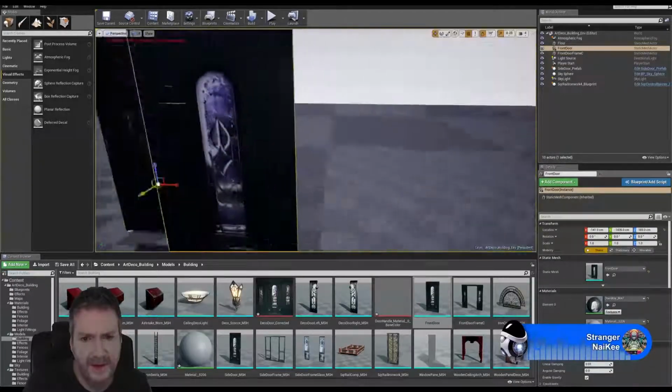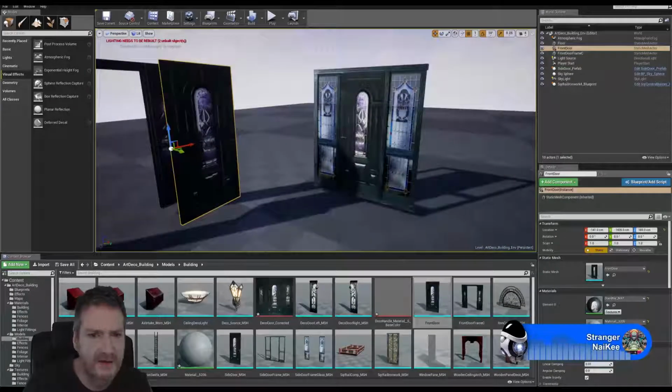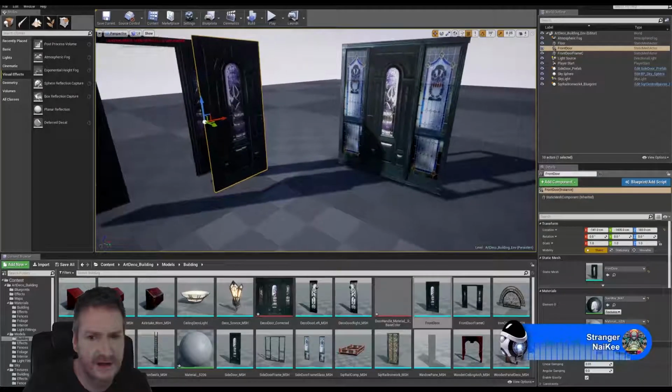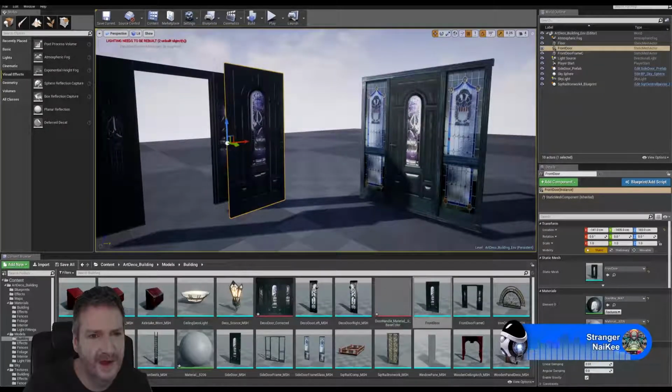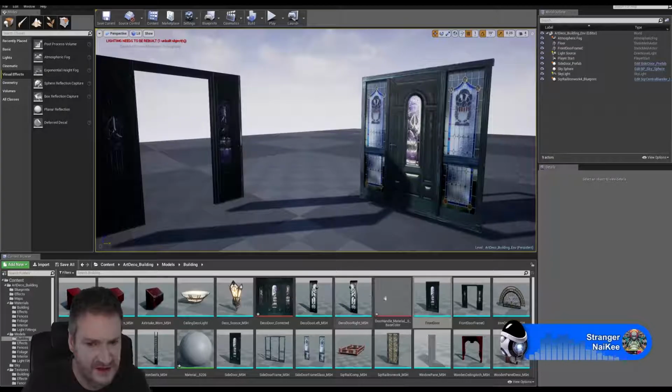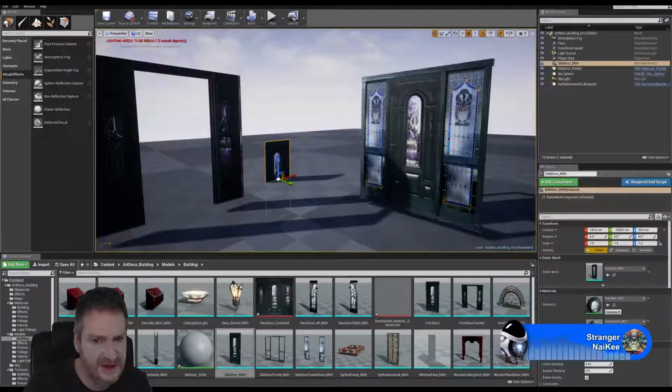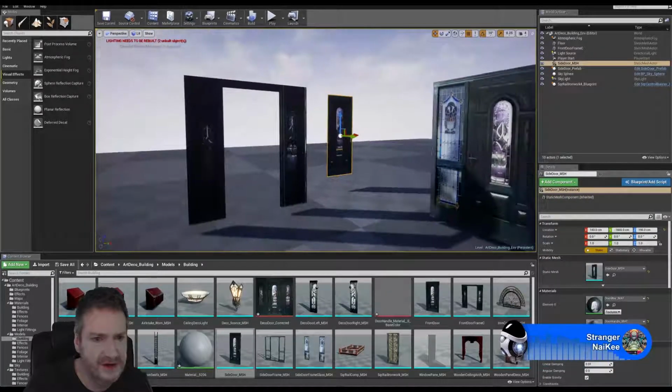Now, I'm looking at these two doors, okay? We have our side doors here and we have our front doors here. Now, our front door here is exactly the same as this front door here. So, again, to save on texture memory, we really don't need this version of the front door. We should be able to use an instance of this one here at the front. So what I'm going to do is delete that front door we just exported. I'm going to drag in the side door mesh that we used for this one. And we're going to